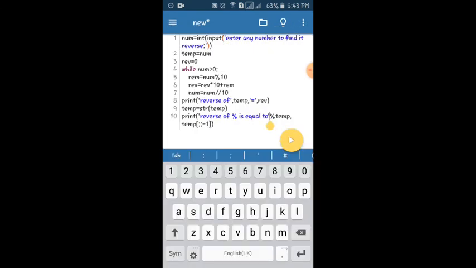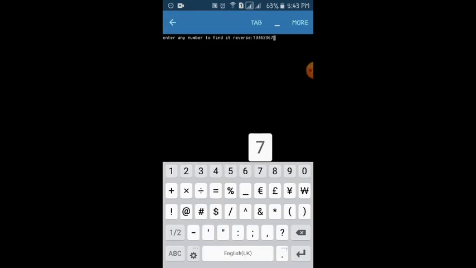Here we can only give integers, so I will typecast it into int. Yes, let us run it and see how it works. Yes, it is working exactly. You can see both the outputs are equal.